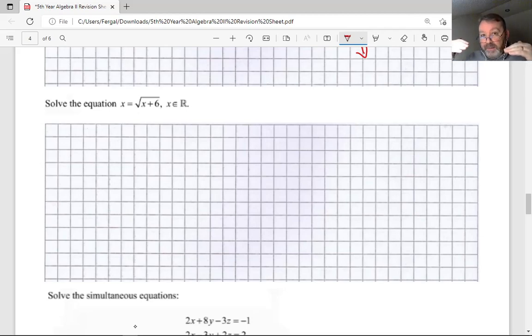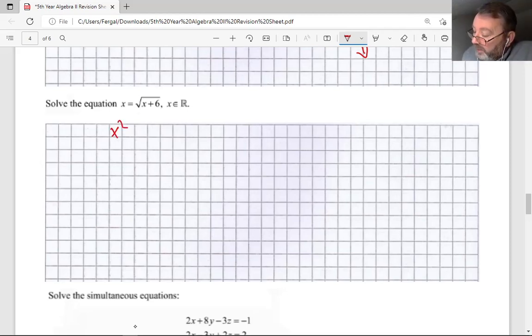So if I square the square root on the x plus 6 side, I'm going to have to square the x on the other side to keep the whole thing balanced. So that's going to give me x squared equals, and when you square the right hand side, the root sign just disappears, x plus 6. That's going to give me a quadratic,